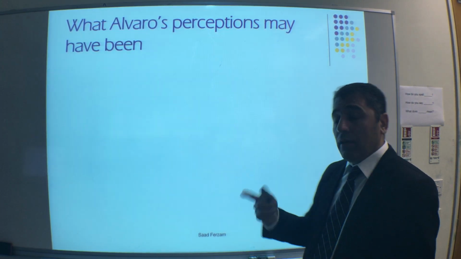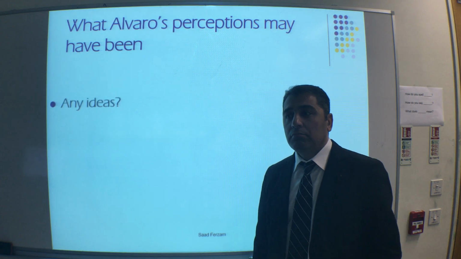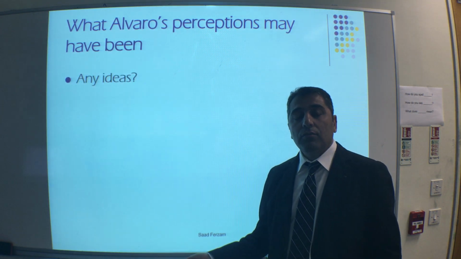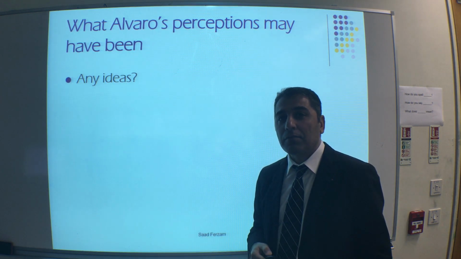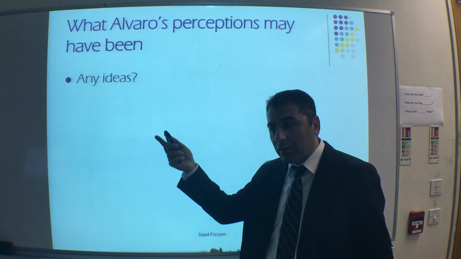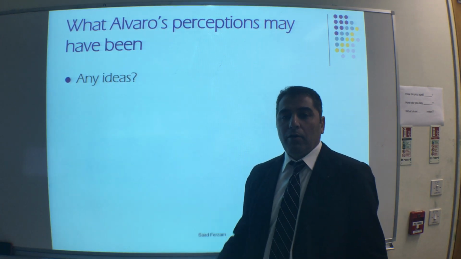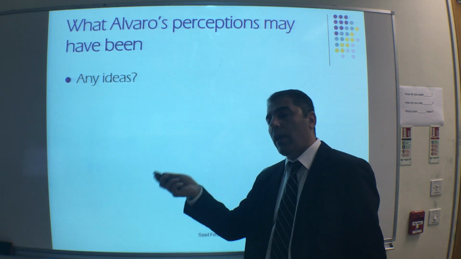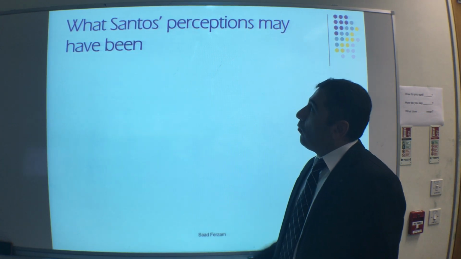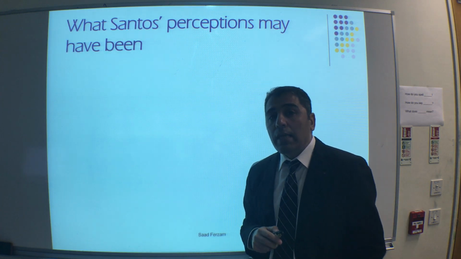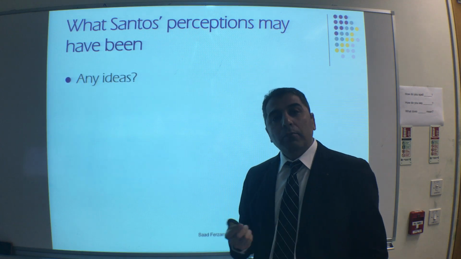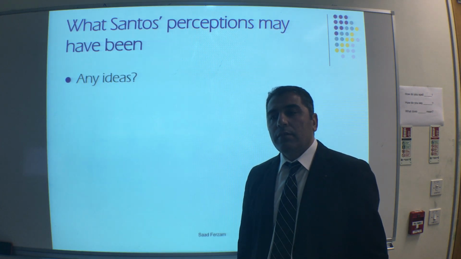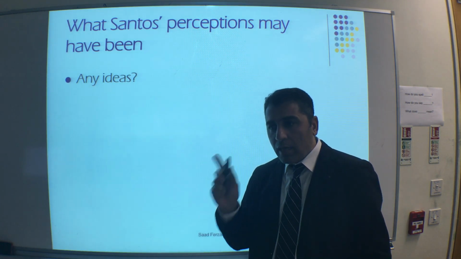Now, what do you think was going on in Alvaro's mind? Obviously, Alvaro thought what he said was correct. Why else would the teacher say okay if it's not correct? And probably other thoughts, that maybe the teacher didn't care about him. If he made a mistake, the teacher just said okay and moved on. What about the other student, Santos? What did he think about all of this? Probably Santos thought that the teacher was picky. The teacher didn't care about other students and he only picked on him.